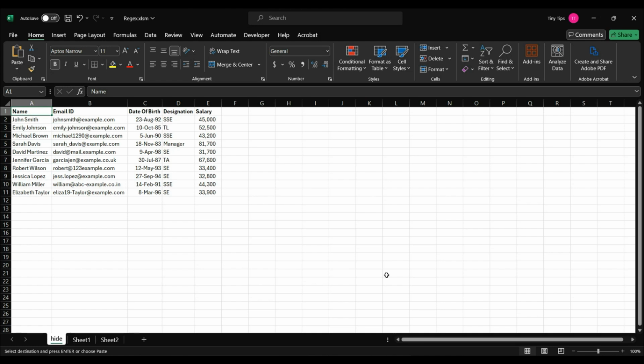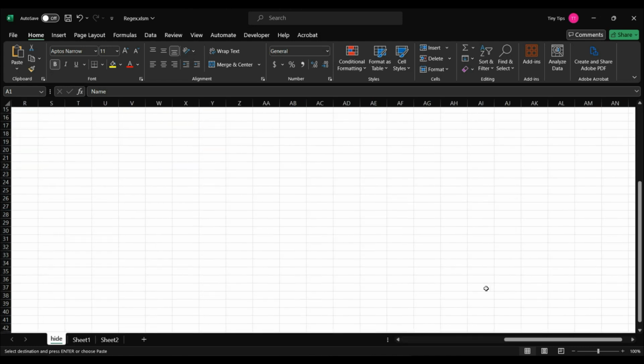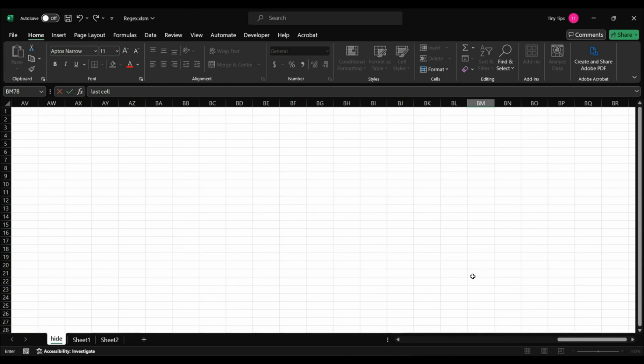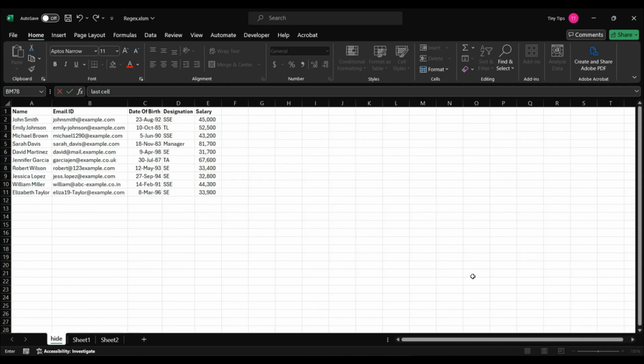Here, for demonstration, we have a small dataset. Suppose the dataset is very large, or say, the worksheet has lots of data spread all over it. And, in the endmost cell we have some data that we want to look at. So, instead of scrolling across the whole worksheet, we can use the last cell selection option of the Go to